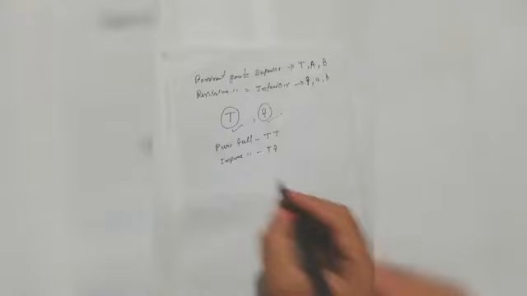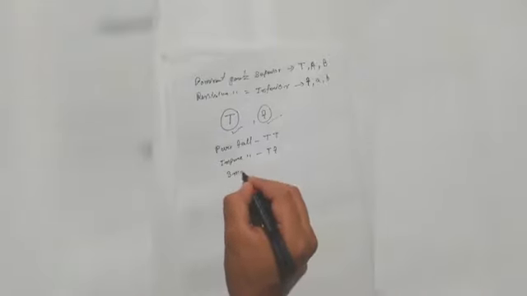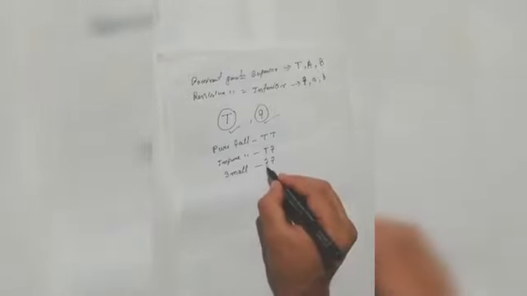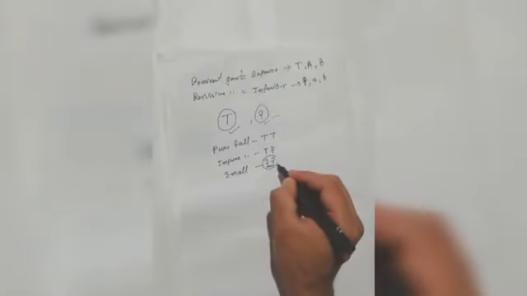If it is small, then every time it should be small t, because the recessive gene will show up only if both are small,